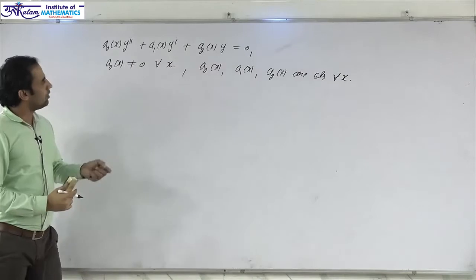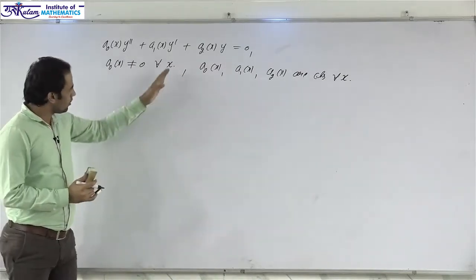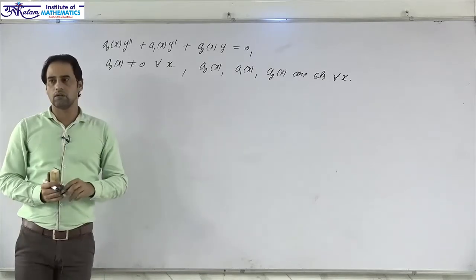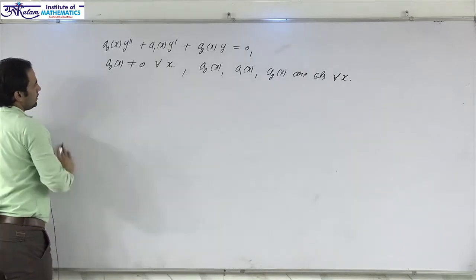So, the variable x may be in a bounded domain or in a closed interval, or can take values from the whole real line. So, then the first property is,